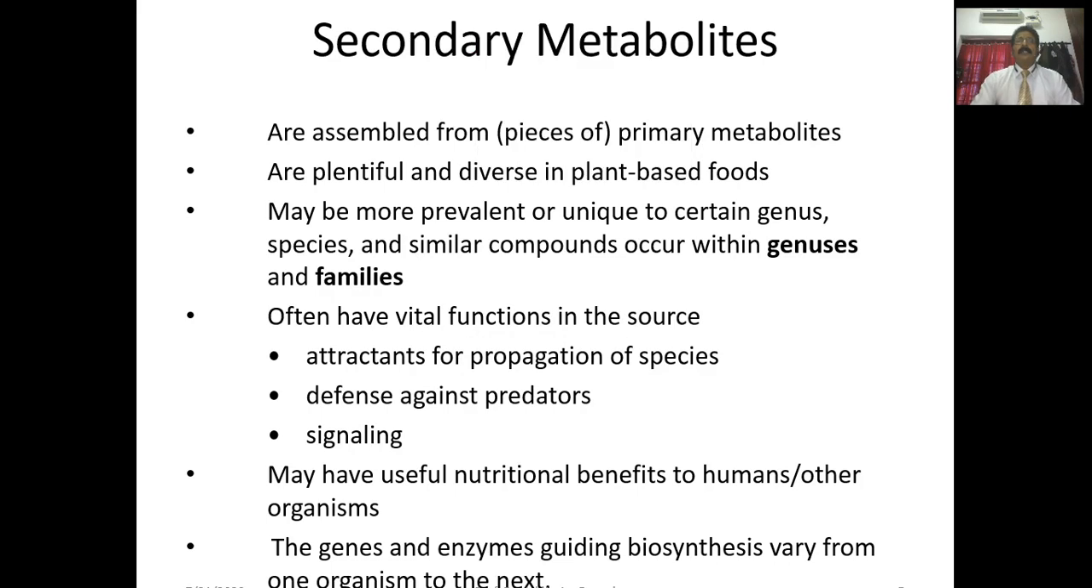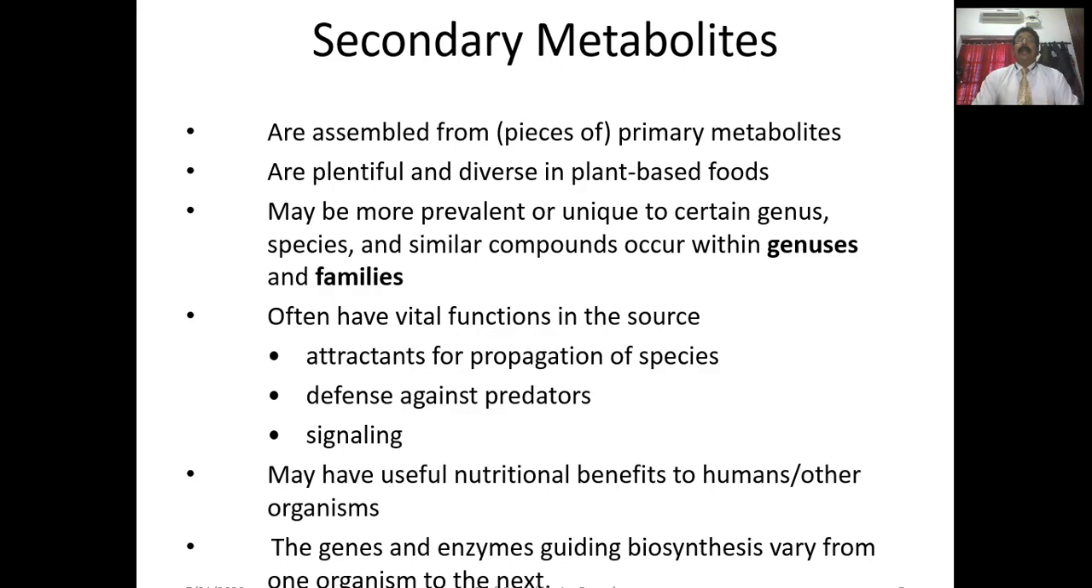Secondary metabolites are an assembly from pieces of primary metabolites. They are plentiful and diverse in plant-based foods, and may be more prevalent and unique to certain genera and species. Similar compounds occur within genera and families. Some families produce a particular compound, such as alkaloids in Solanaceae and Fabaceae. Families can also be characterized by certain chemical